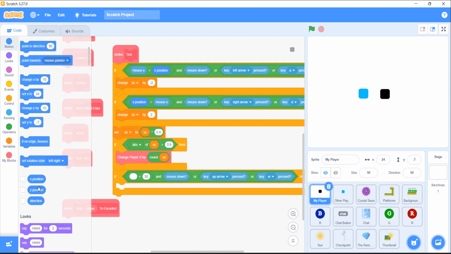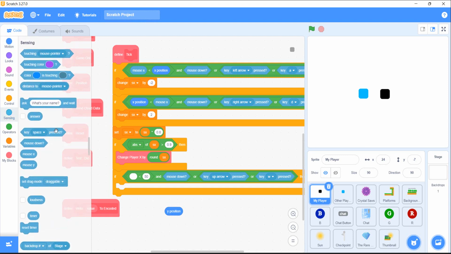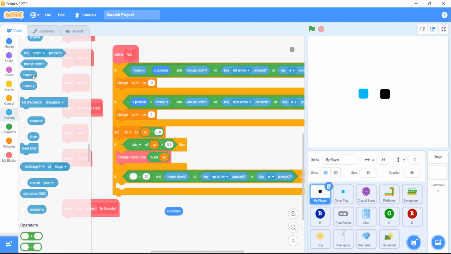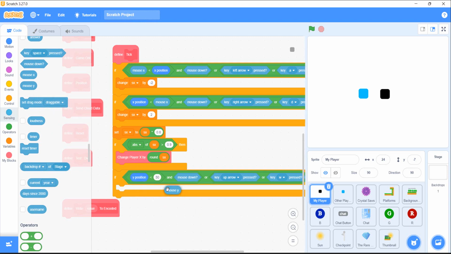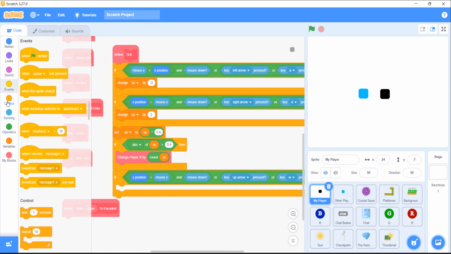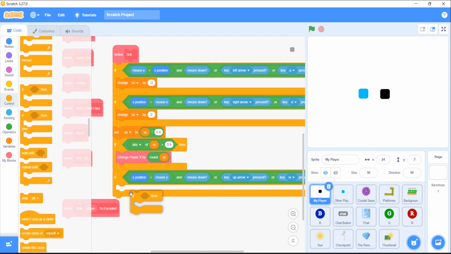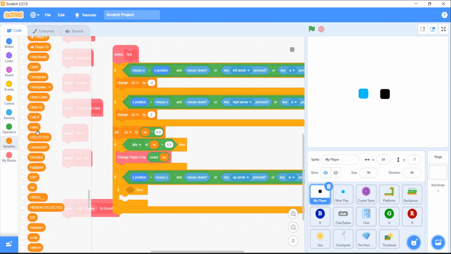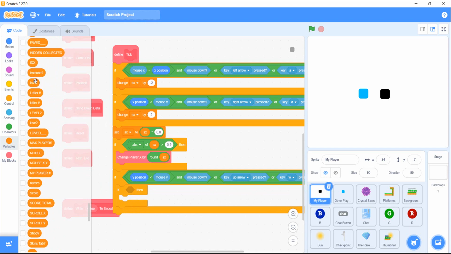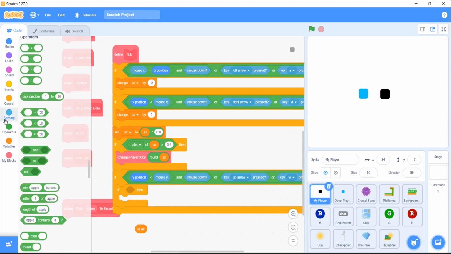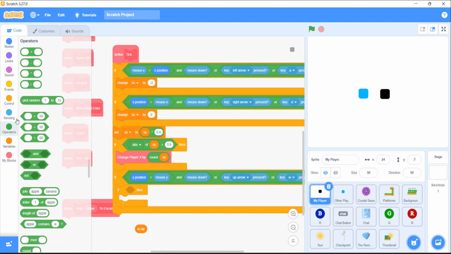Take out Y position from here, and then from sensing take out mouse Y, put it here, then put it as Y position, mouse Y. Now go to the control, then get if then block again, and then go to variables, and in air go to this. Now get this out, put it here,